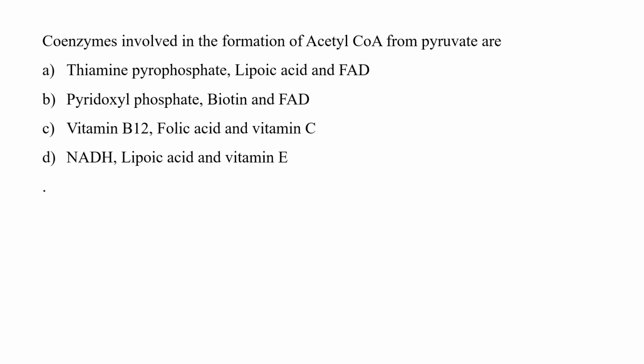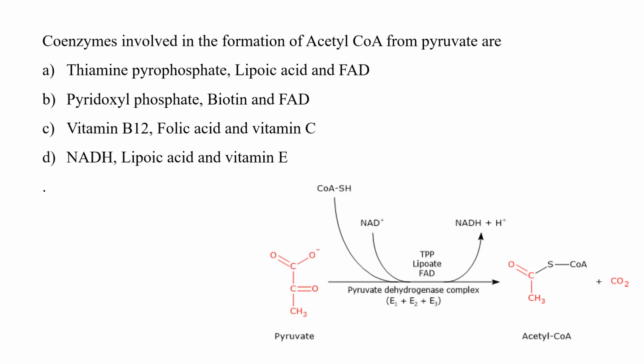During the end stage of glycolysis, pyruvate is converted to acetyl-CoA by an enzyme called pyruvate dehydrogenase complex. This complex requires coenzyme A-SH, NAD as a substrate, and TPP, lipoic acid, and FAD as coenzymes